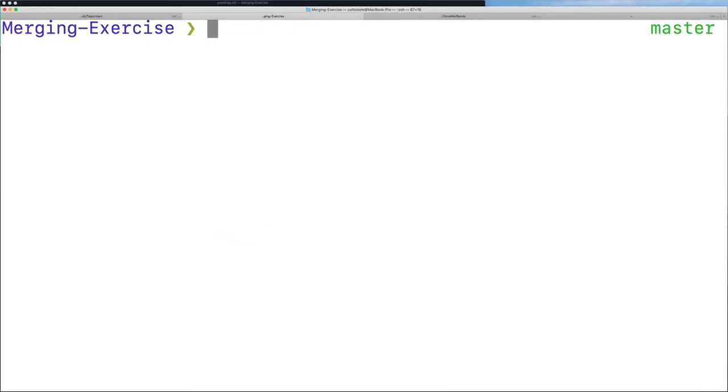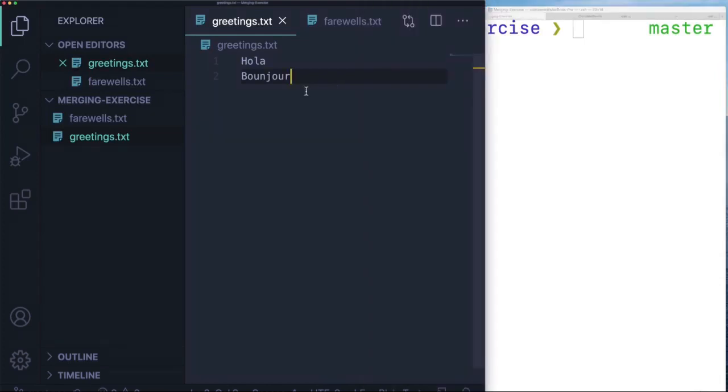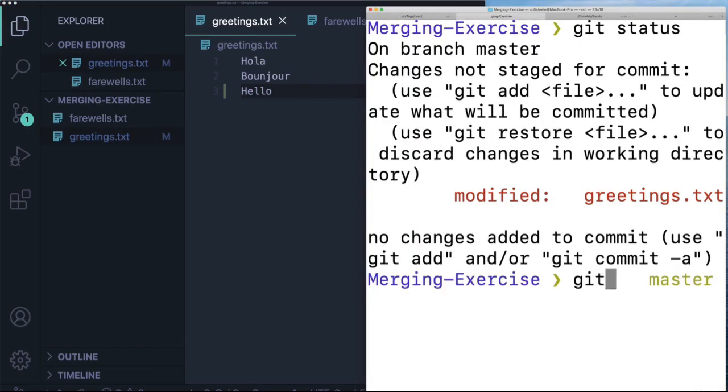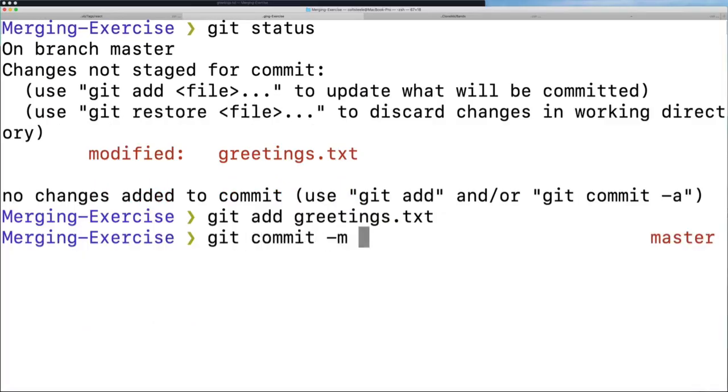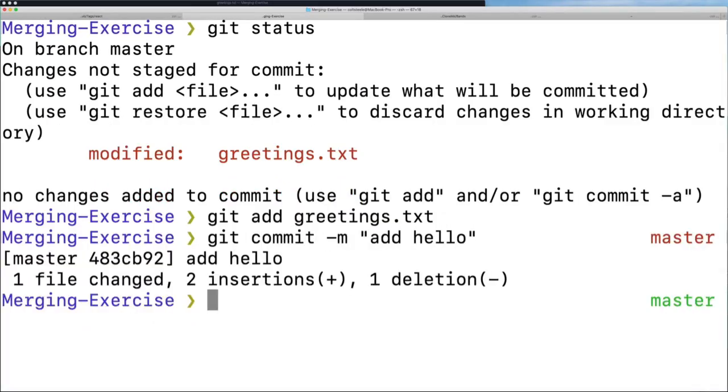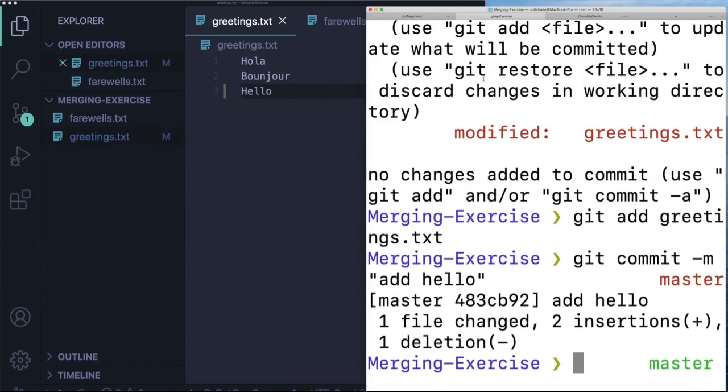And before I do any sort of merging, I'm also going to make a change to greetings. And this will generate a conflict, especially because it's on the last line, right? And I just updated the last line on the Japanese branch. So I'll put hello in here. So now if I add this, git add greetings, I'm on the master branch, git commit -m, add hello. Now we're going to have a conflict when I merge that